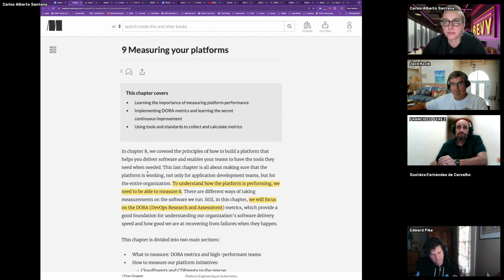But yeah, people are doing it. I would say the answer is people are doing measurements of their platform. They might not be calling it DORA, or maybe they're doing even more than DORA. Some organizations at high scale are trying to measure their effectiveness of delivering software. I tried not to use the word platform because that's very ambiguous, but it's about the efficiencies of delivering or creating software.